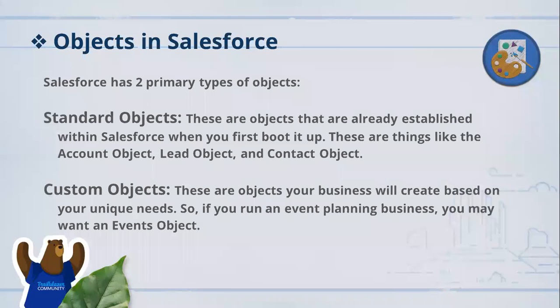There are objects that store kinds of information required by each and every business, so we use standard objects like Account. Account is the object where you store customer information. Lead is where you store potential customer information. Opportunity is where you have deals, where you convert leads to opportunities. These objects are necessary for every business, so why create them every time? Salesforce has provided these objects, and you can use them.